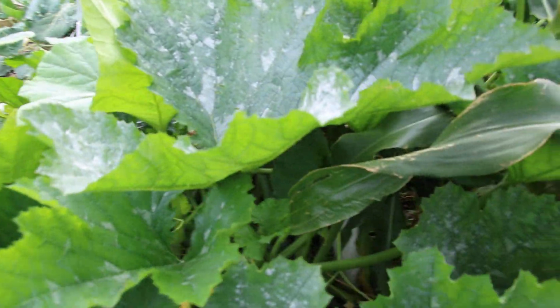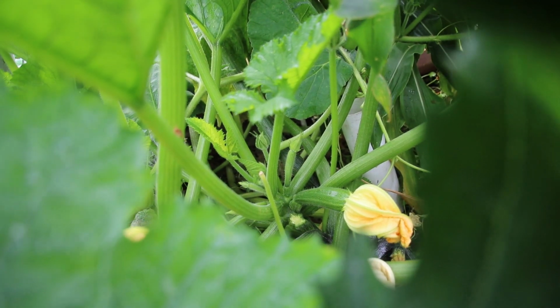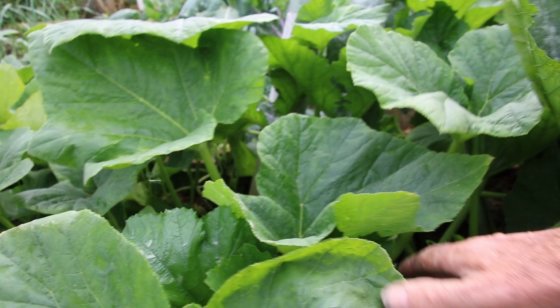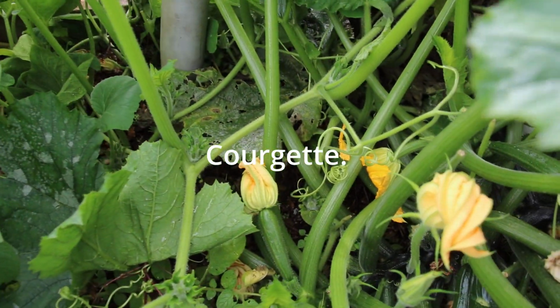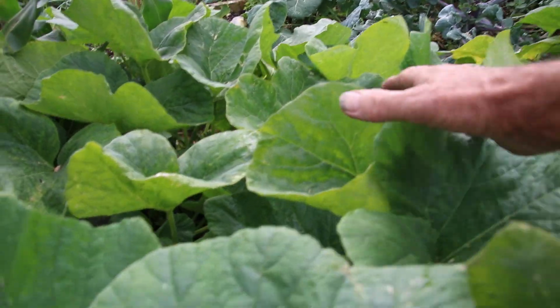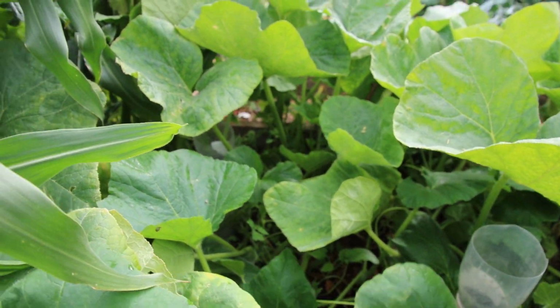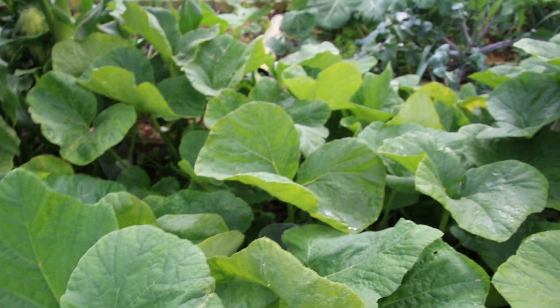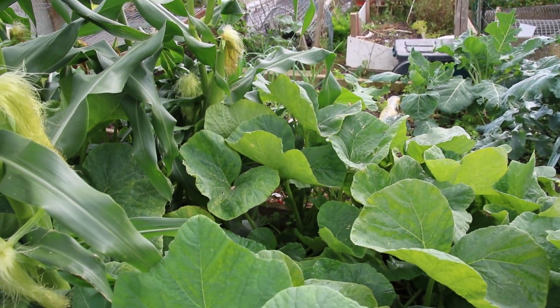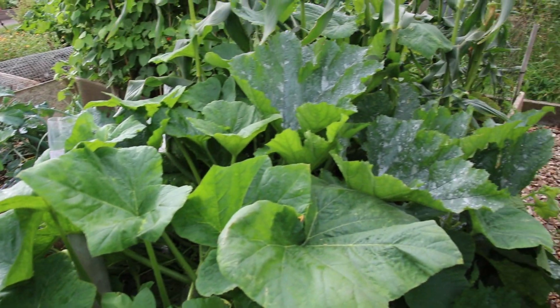Right, then I've got here a couple of, there we go. There's a double one there, look, not squash. What am I talking about? They're courgettes, and there's loads on them. But I mistakenly put in a couple of squash plants close by them, and I've been advised that if they cross-pollinate, what you get can be poisonous. Now I don't know if there's anything in that or not, but what I will do now is